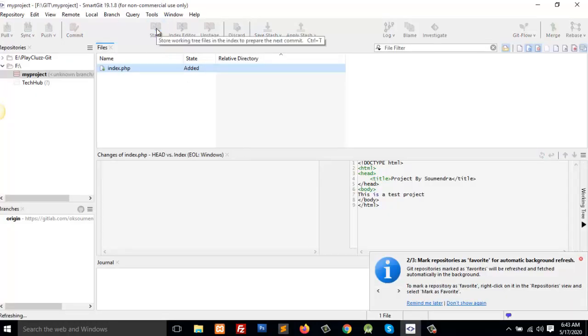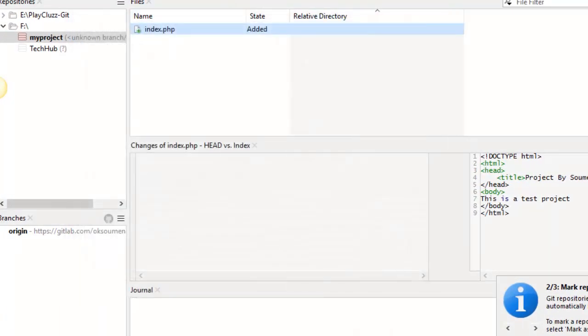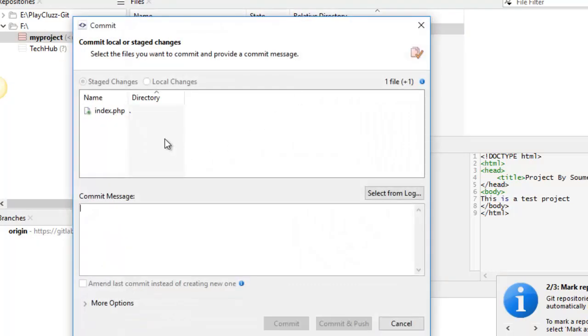You can stage this. And finally you need to commit. So these are the two very important steps. First you need to stage and then you need to commit and push. So for the first time you will not get the option for commit and push. You must need to give a message here. So let me give initial upload